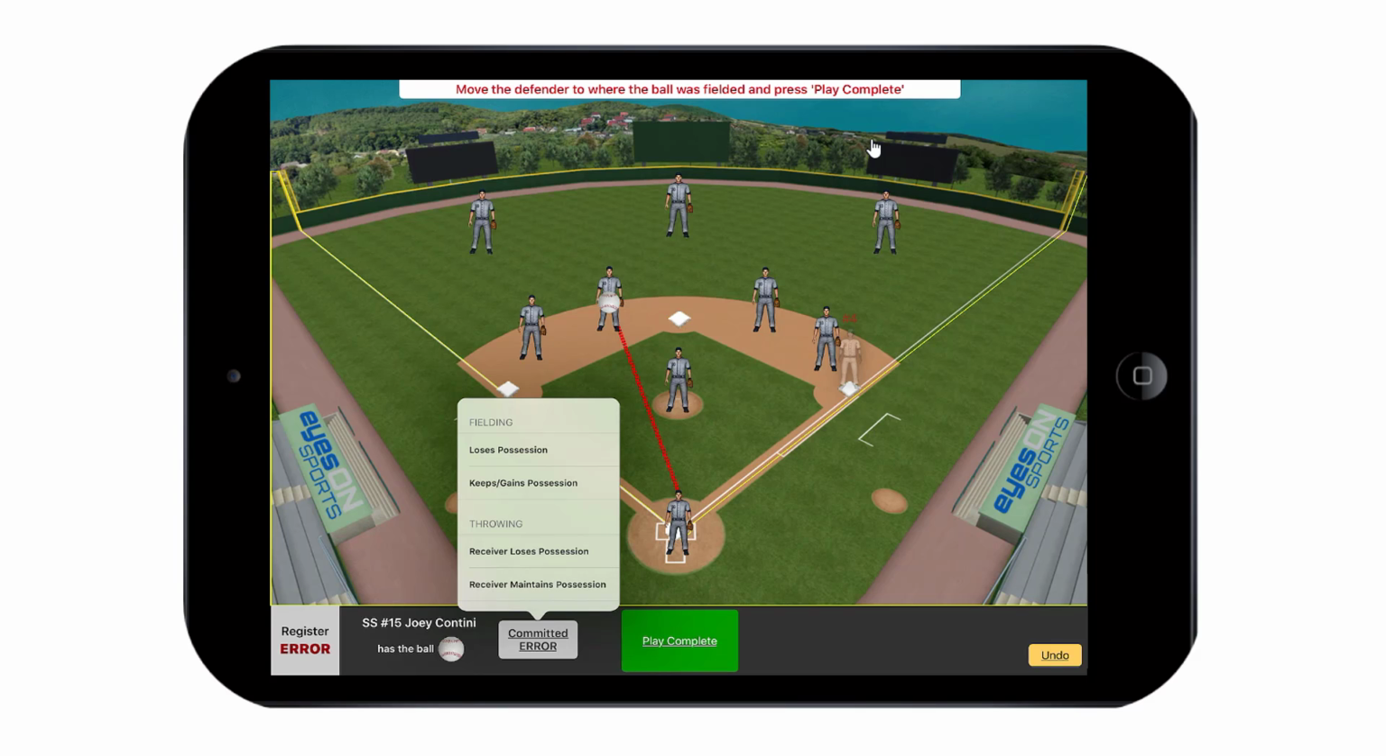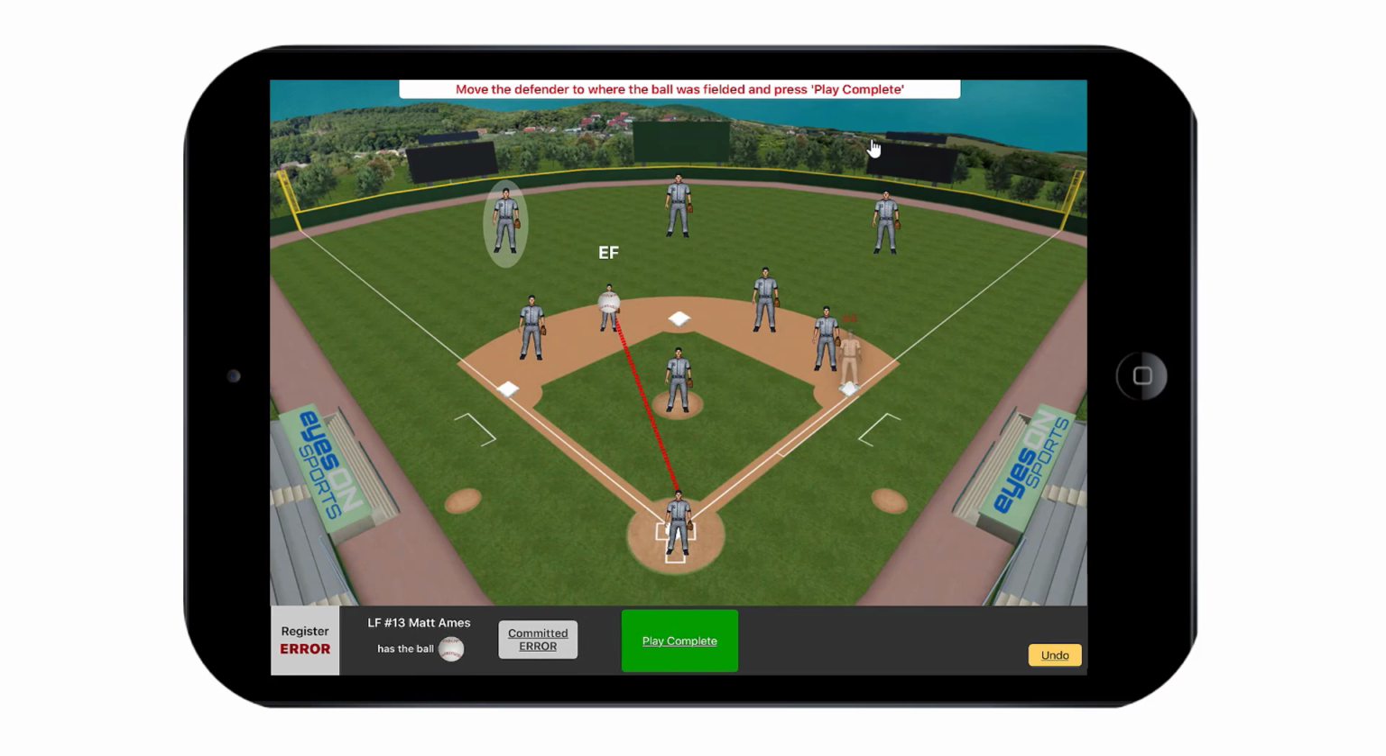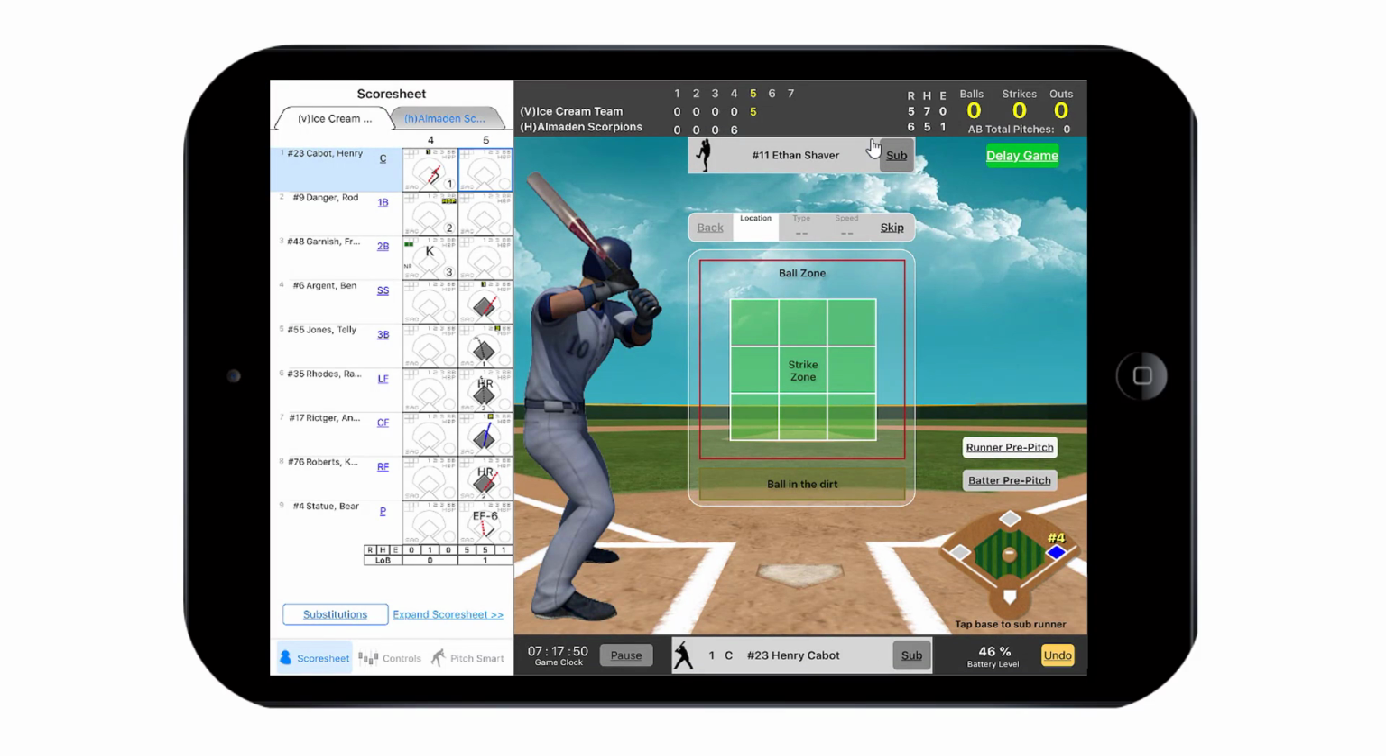It says loses possession, keeps possession, or a throwing error. Loses possession implies that the ball went and someone else picked it up. Keeps possession just says he fumbles it. So if I say loses possession, I can grab the left fielder, and that's who retrieved it. Maybe he threw it over to this person, and select play complete. So you got the errors there